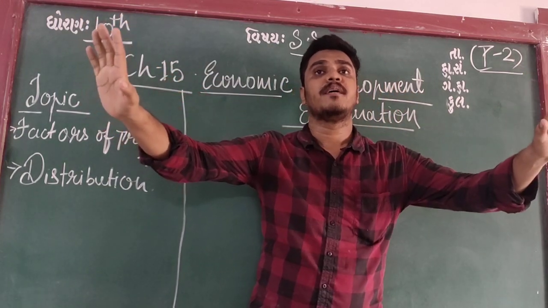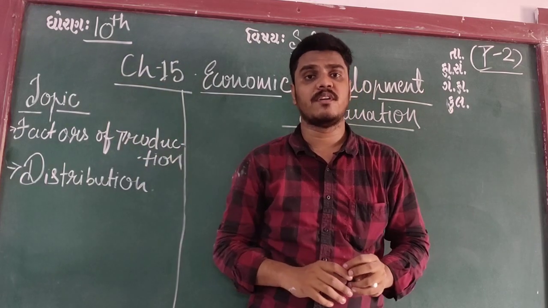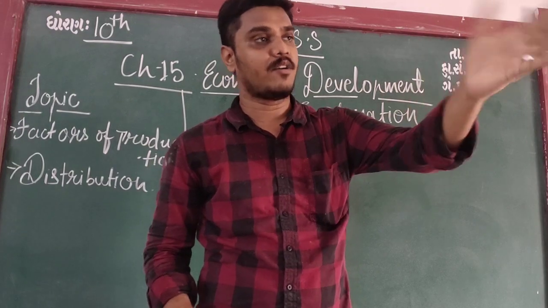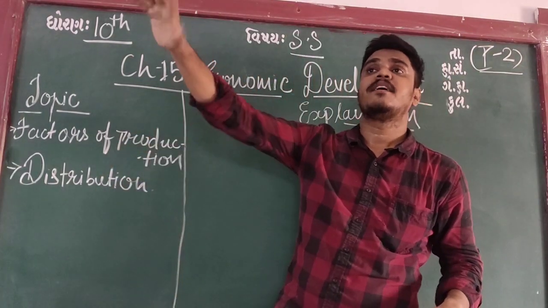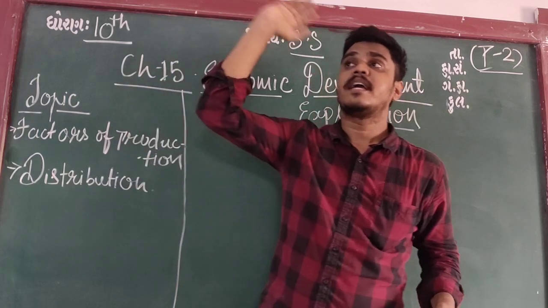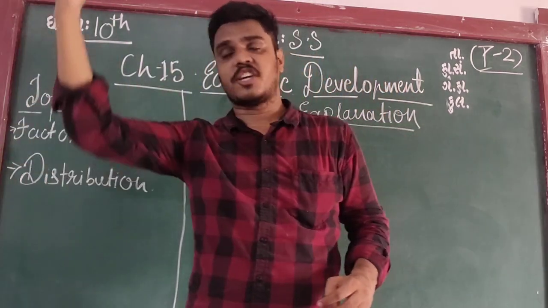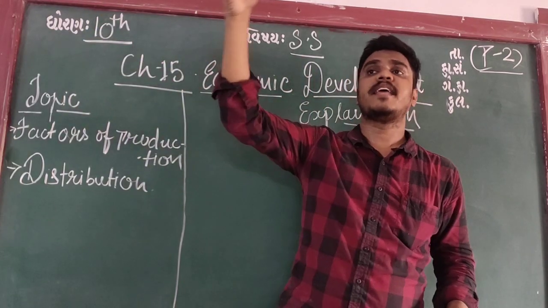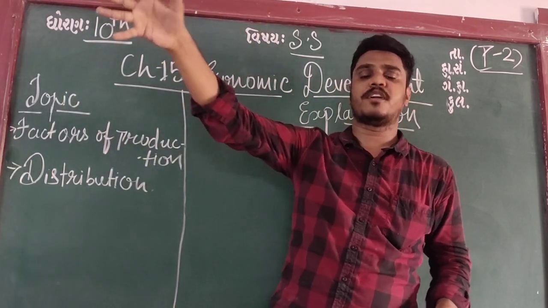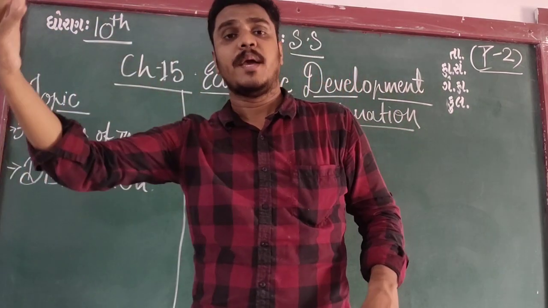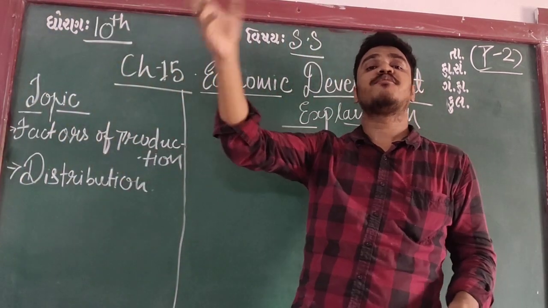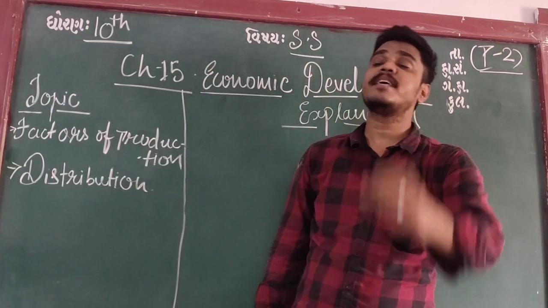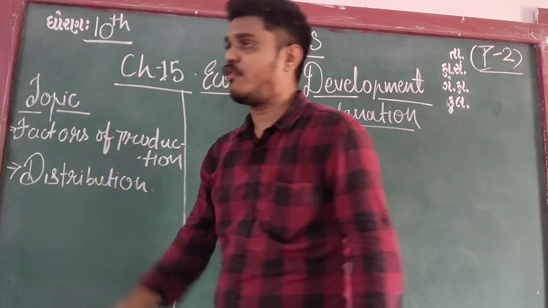Both of them will earn different kinds of amounts, like tax. For example, idle land has just a small amount of tax only, but a building will earn lots of tax because of the structure, the tax structure, and many more. And if the person is running something inside it, an academy or a company or whatever, then they will earn more and more. It means you can pay tax easily from a portion of the profit that you are earning from that building. So land is one of the important factors of production.